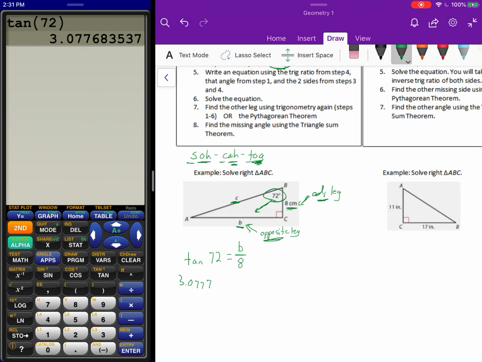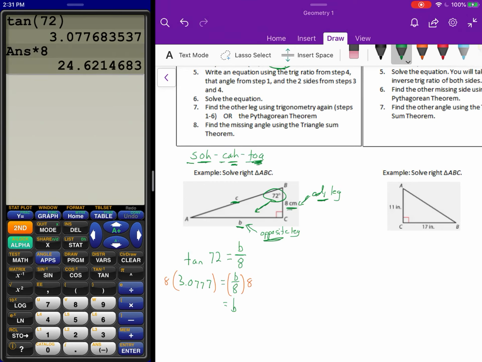And we get 3.0777. We go to the 10,000th place and we round, equals b over 8. And now to solve this, we can just multiply both sides by 8 to find b. Now most of the calculators nowadays, you have that answer there of 3.077, you can just hit times 3. Times 8, not times 3, that won't be helpful. Hit enter and you get the value of b is